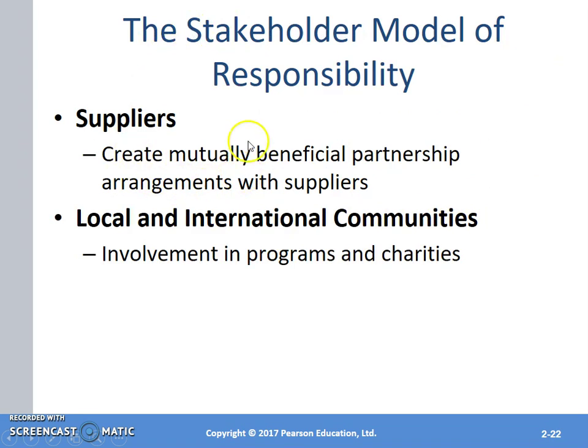When we talk about the responsibility to our suppliers, we have to create a mutual benefit partnership arrangement with the supplier. We have to create a win-win situation. When we do business, we also require raw material from the supplier. When we buy the raw material from the supplier at a certain price, we get the profit. In that process we have created a win-win situation: the company gets the profit, and at the same time the supplier also gets business dealings.